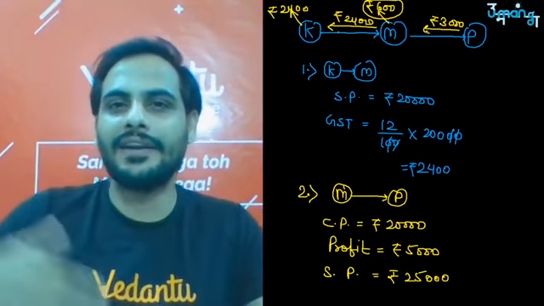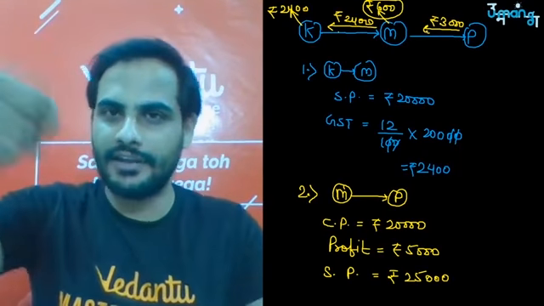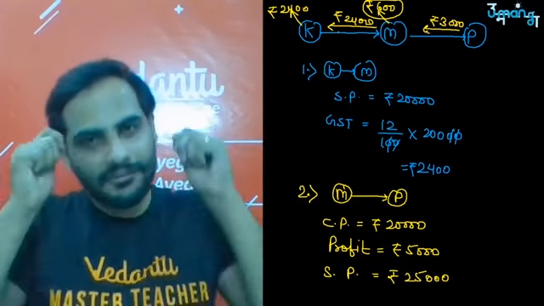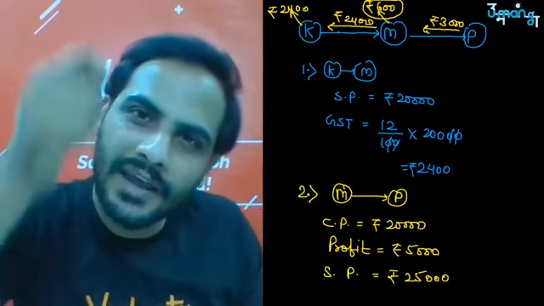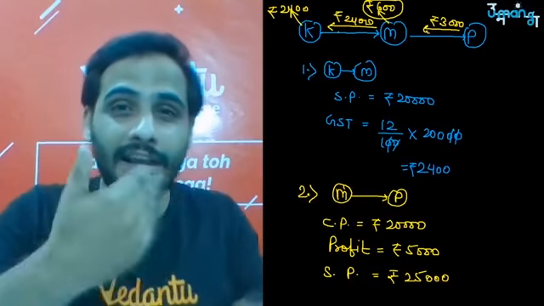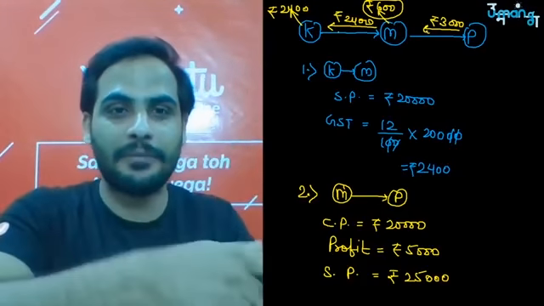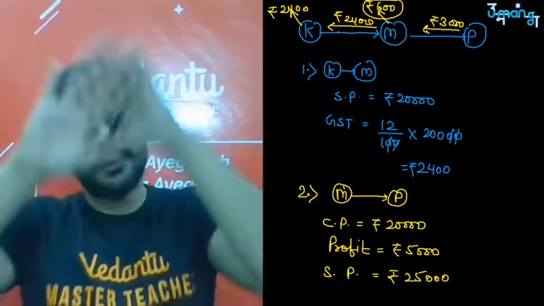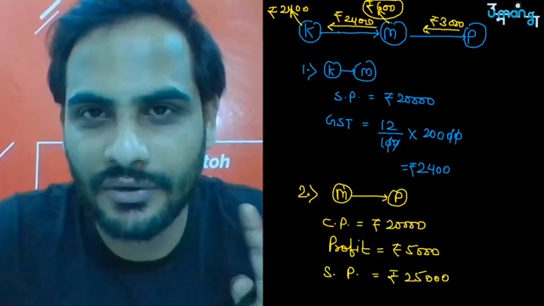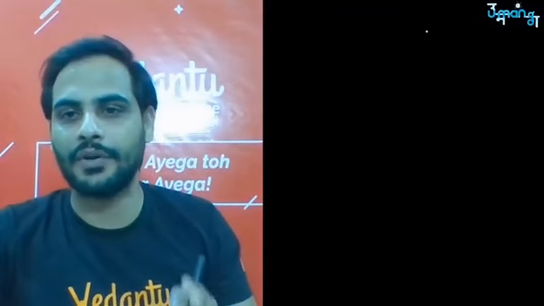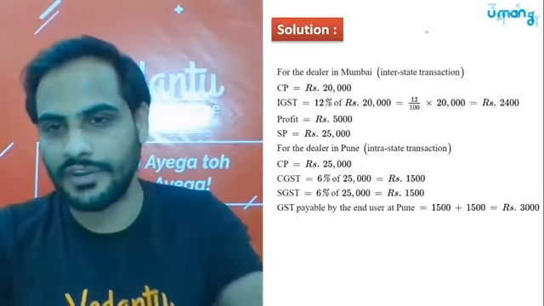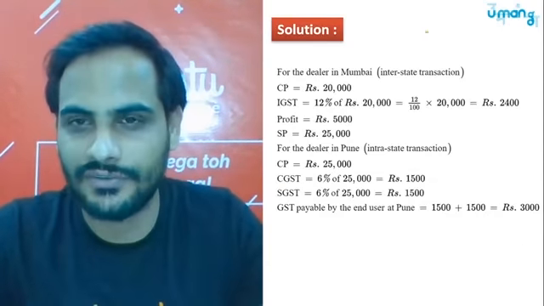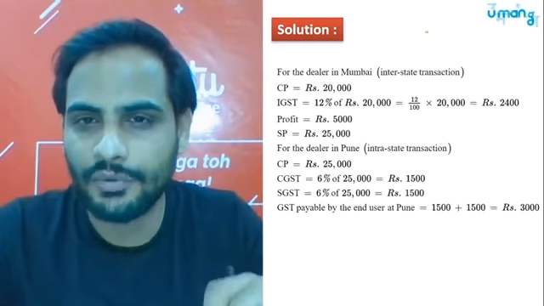So at the end it is going from the consumer's pocket as GST, but the government is collecting from the different stops. Understood what it is? Finally, the GST is paid by the customer only, but the collection of GST is government doing at different parts. Some from the manufacturer, some from the retailer, some from the wholesaler, but overall tax is being paid by the customer only, or the consumer only. Got it? So this will be your final answer. You can look here as well for your final explanation, or you can take a screenshot as well. Got it? Let's move now to the next question.